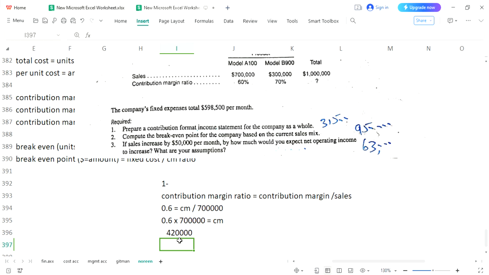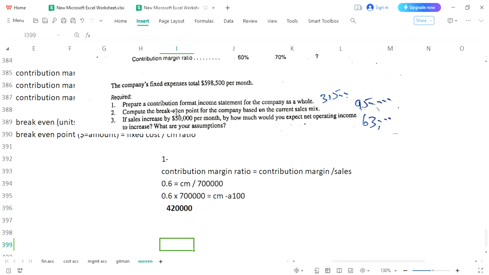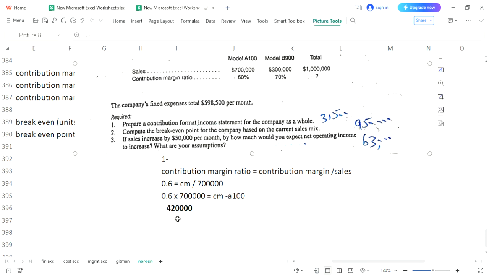Alright. So you have first contribution margin which you have calculated. I think we should mention it. It is CM1, or instead of 1 we can write CMA, because our product is model A100. We should mention: contribution margin for A100 is 4,22,000. In the similar way, you will calculate your contribution margin for product B as well, so that we can have